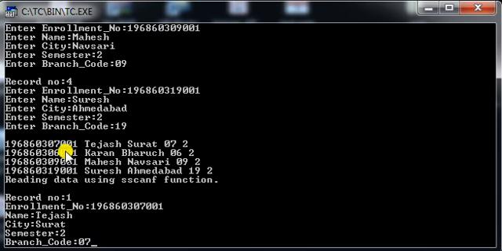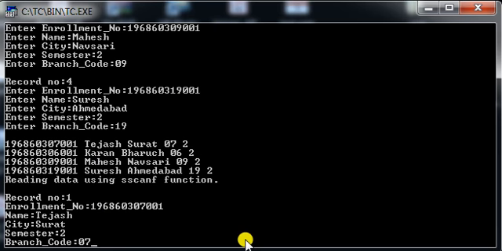As you can see, I have stored 4 records. With the help of the first for loop, I have got the details of 4 students. The second for loop will display the records stored in the two-dimensional record array. All the data are being stored in this two-dimensional array. At the same time, with the help of the scanf function, I am printing the records in a proper way so that I can get the entire record attributes.